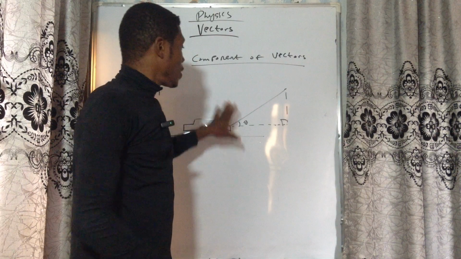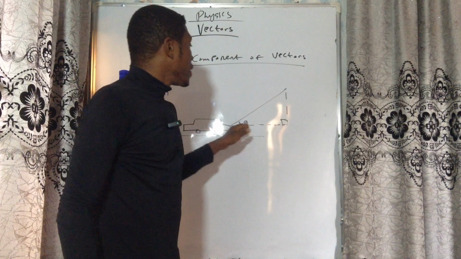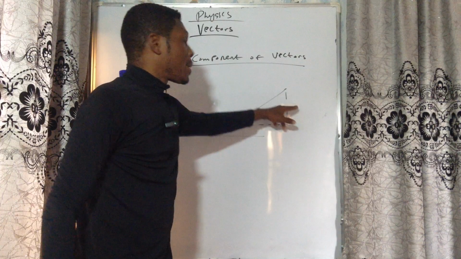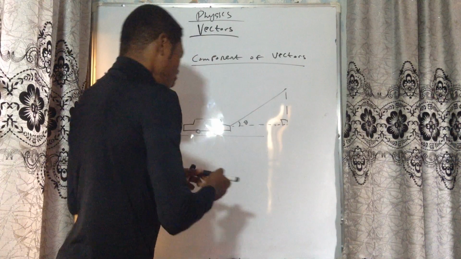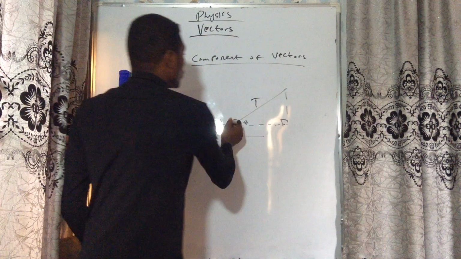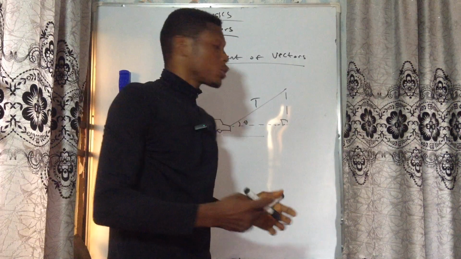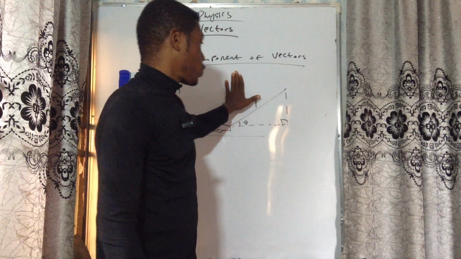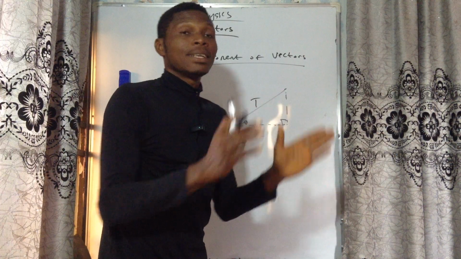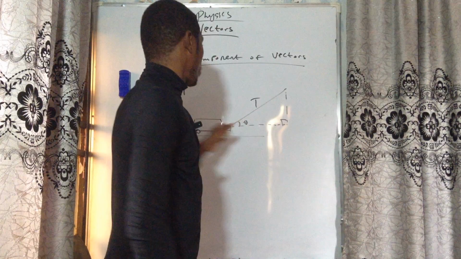Do you understand? This is one application of the component of vectors. That is one scenario whereby you will really understand what we mean by component of vectors. When the horizontal component is being increased, that means the force you applied will be increasing. I hope you know that it is the tension on the rope that is pulling this car. The rope that you use to pull the car has a force we call tension. You are applying force, but if the rope doesn't have any tension, of course, it will just break, or it cannot pull this car